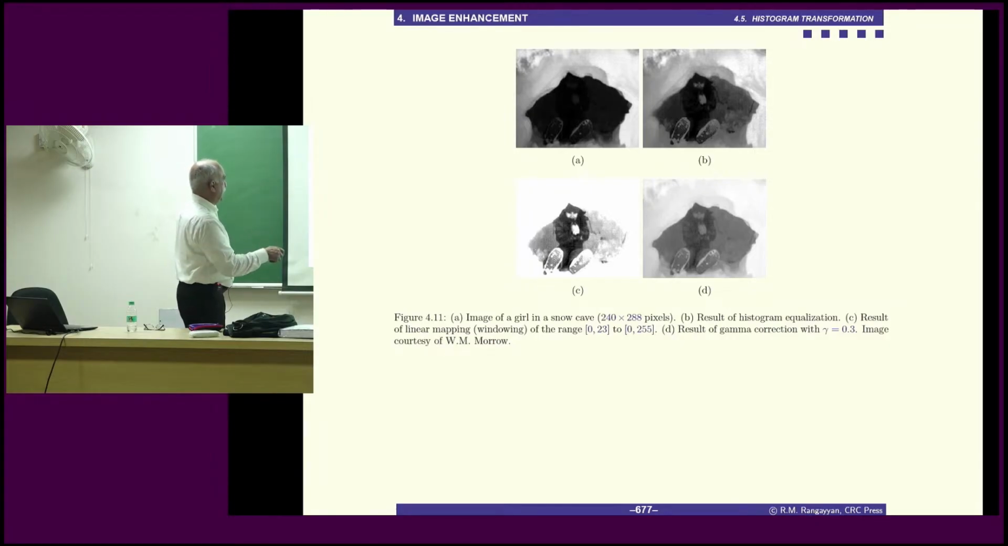And this is linear mapping, 0 to 23 mapped to 0 to 255. I took only this range, and